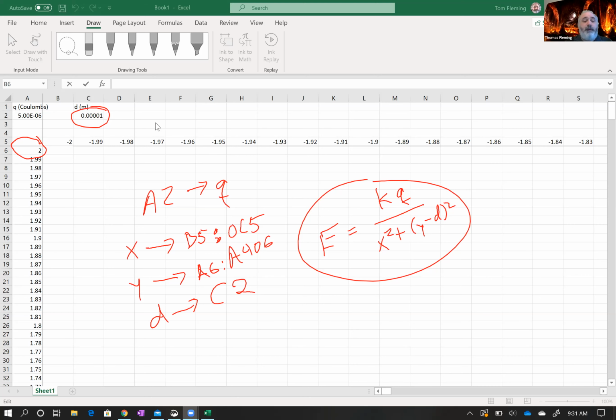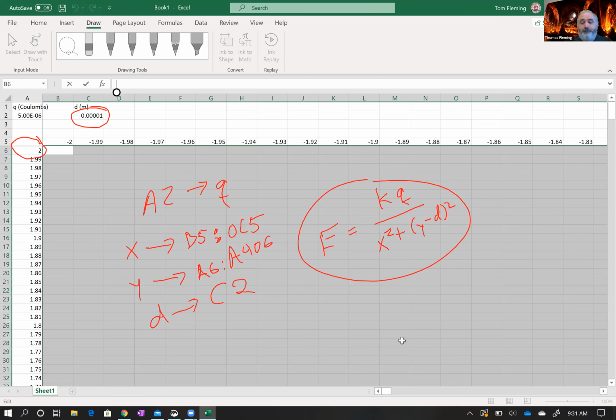So now that I've done that, I've got all my cells highlighted. I know what my substitutions are going to be. Now I have to type that formula into the formula bar. So I go equals 8.99 times 10 to the 9th. Notice I'm using exponential notation because I can. Times Q, which, what did I say Q was? Q was A2,